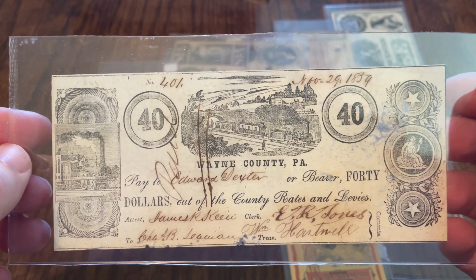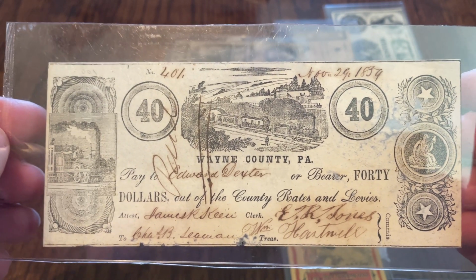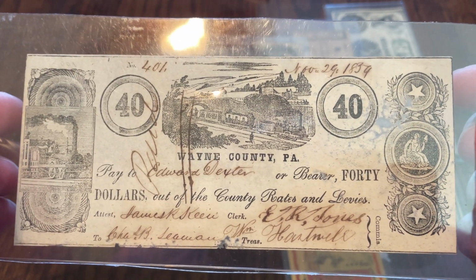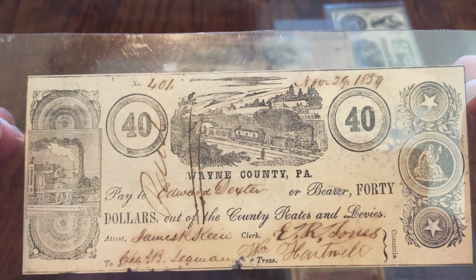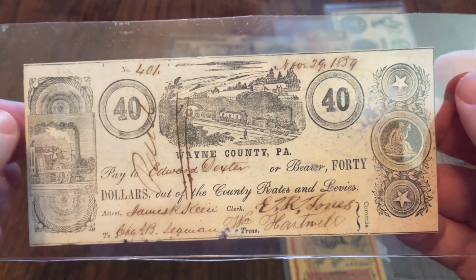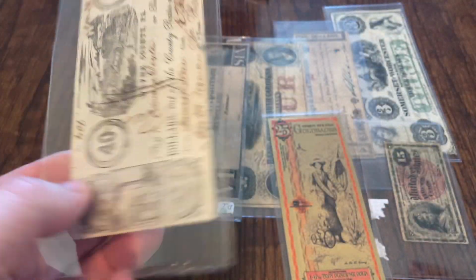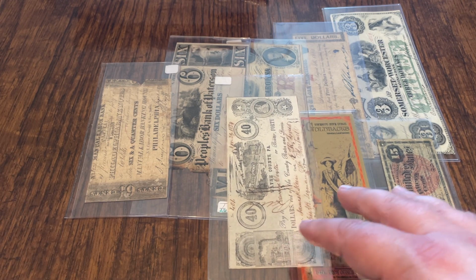Yeah, once again, another weird amount. Normally you'll see 20, you'll see 50. They went with a 40. Even if they had 20 as their regular, you could use 2 of the 20s. So making a 40 seems a little weird. But they did, and there it is. And of course, you can tell that's the way it was actually printed. This isn't a check. This is a $40 bill. So that is number 3. Number 2,